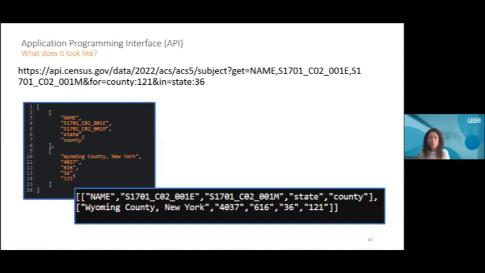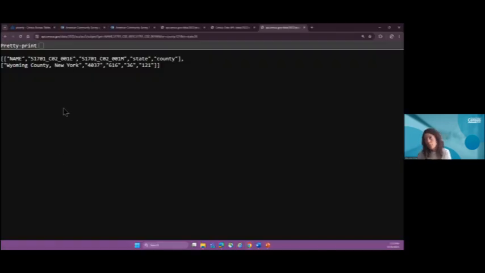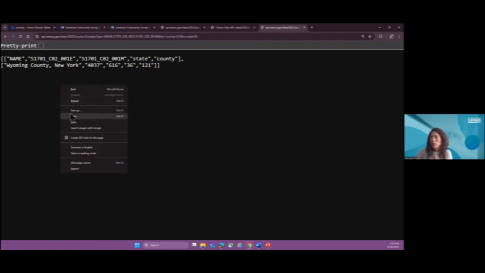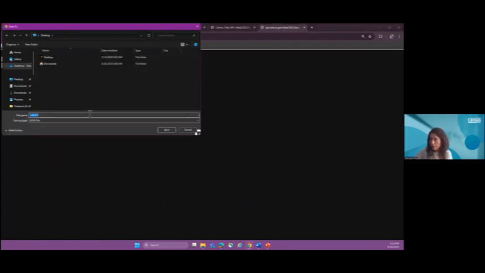Sometimes it's the browser you're using or the settings, but it's okay because when you download it, it's all the same. So jumping back over to the browser, if all you needed was the estimate, you can stop here, but you can also download it. And what you're going to do is right click, click Save As,